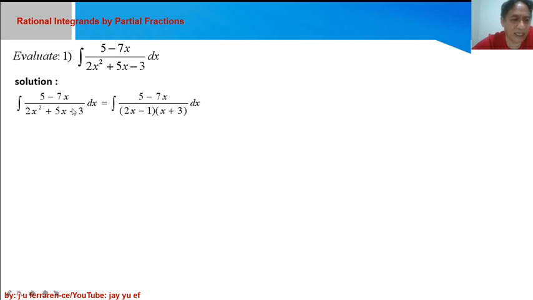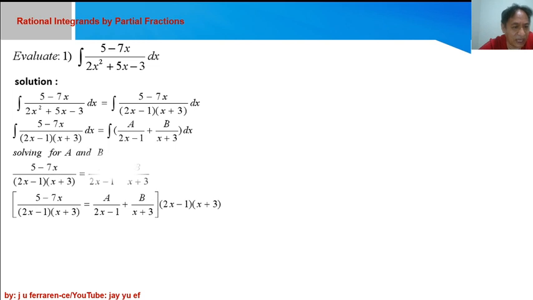Because if you have a quadratic, if you factor it, you can have 2 linear factors. Okay, so linear, and both are raised to power 1. So this is actually case number 1. So under case number 1, how to reduce in terms of partial fractions, so just copy your factor of the